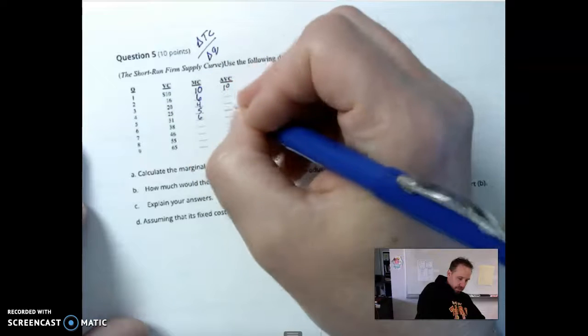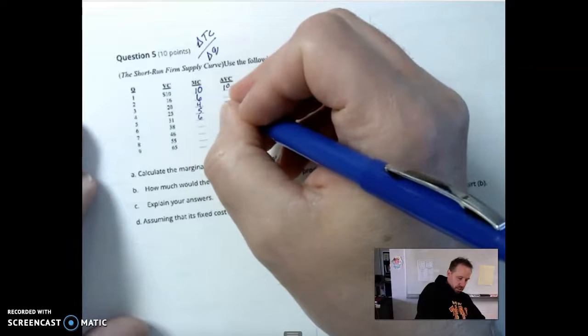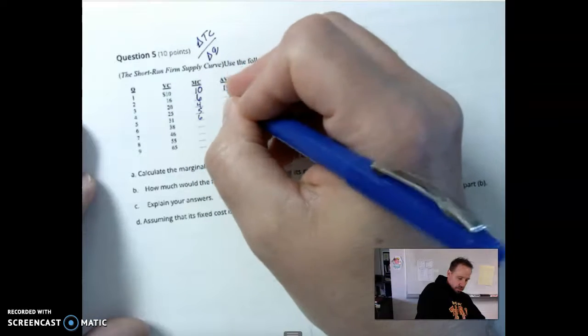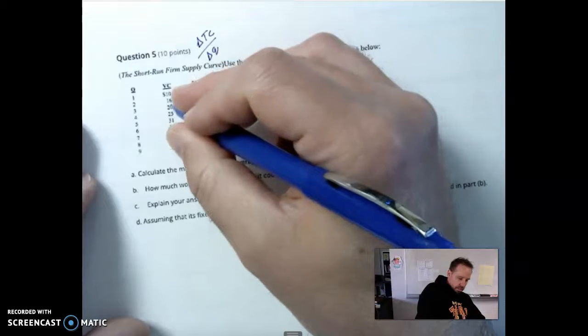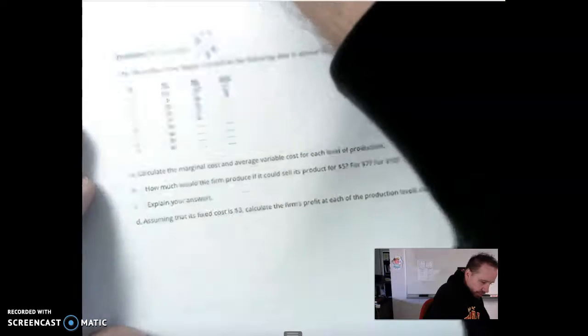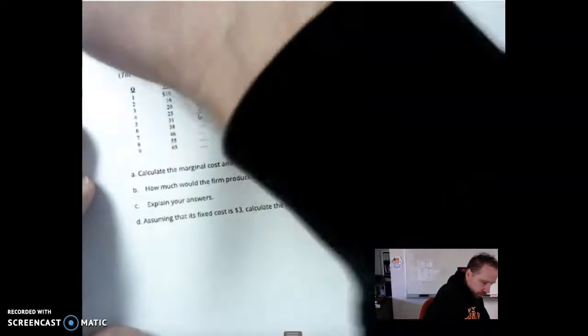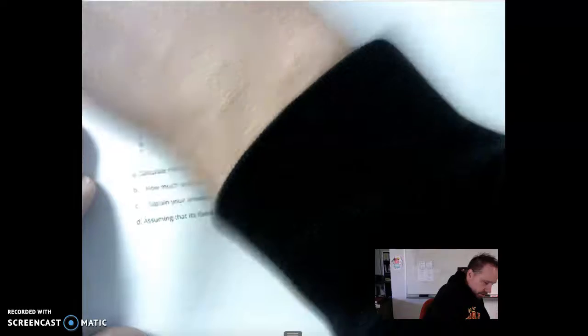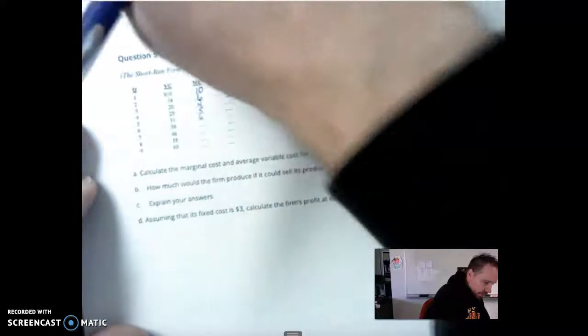Variable cost divided by 2 is 8, divided by 3, and then 20 divided by 3,